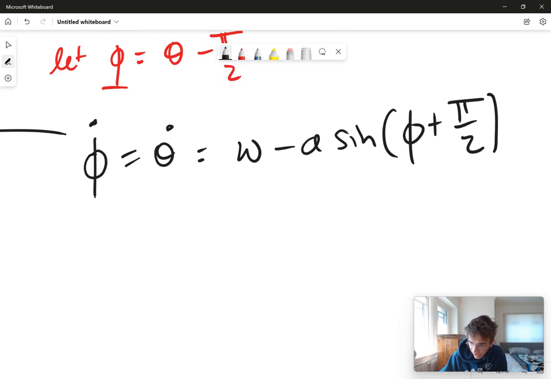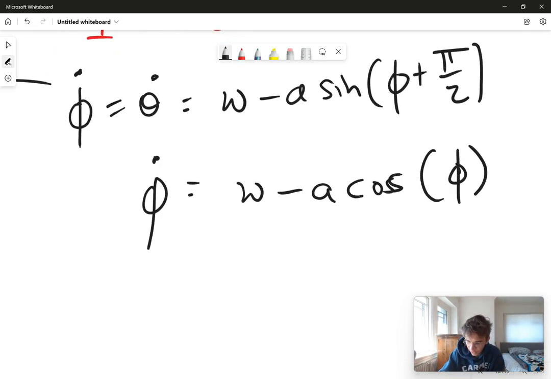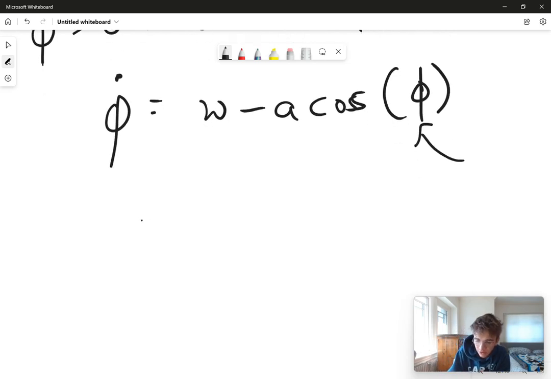And then trigonometric identities give us that this is just a shifted cosine wave, so we just have cosine of phi here. And then finally, I'm going to Taylor expand around the fixed point. The only reason I did this change of variables was so that I can center my Taylor expansion around 0. And so I get that phi dot is approximately omega minus a